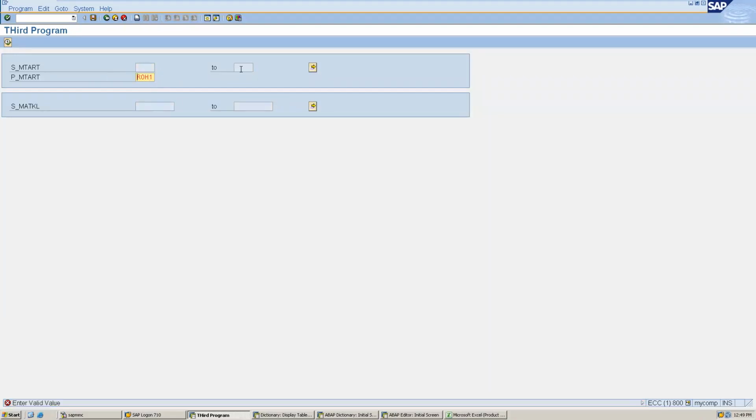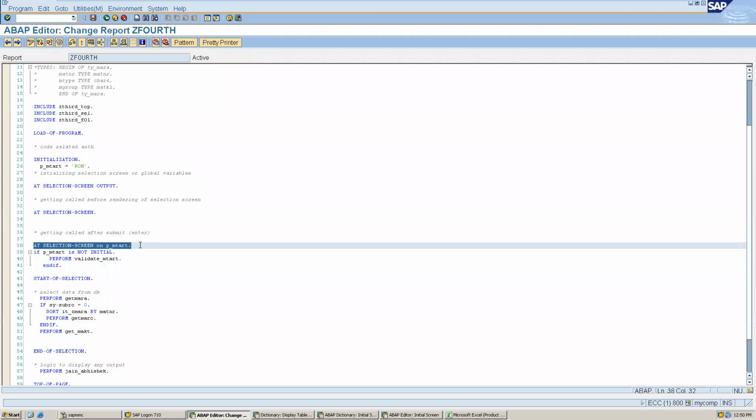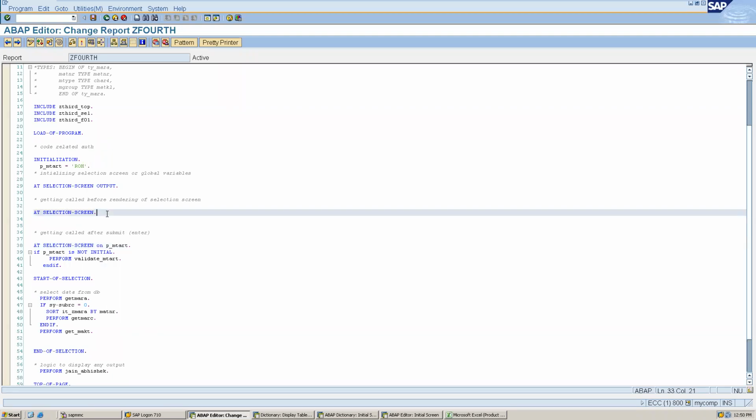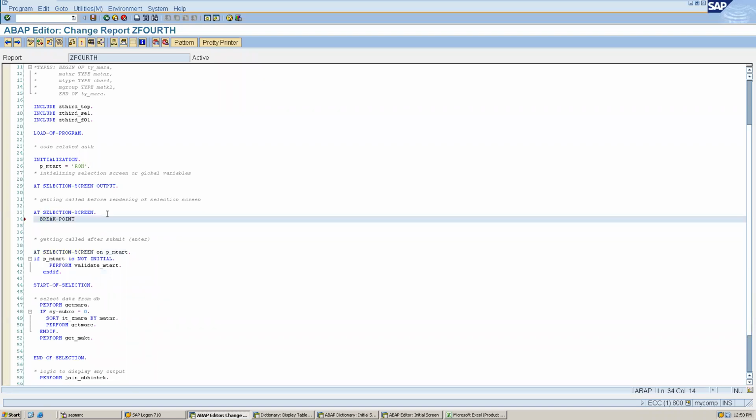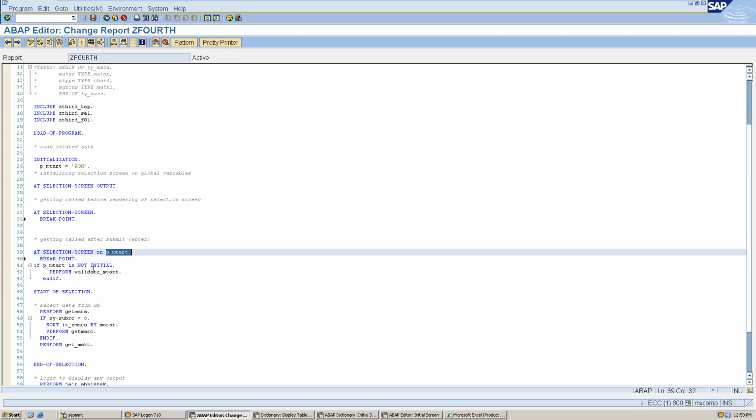See, it has deactivated the other input. Okay. So why has it deactivated? Because we have now used this on field event. Are you getting my point? This is a favorite interview question: what is the difference between at selection screen and at selection screen on? We have seen the difference, right? In case of on, it was disabling the other fields and keeping only a single field enabled if we get any error. So for example, again let's try.